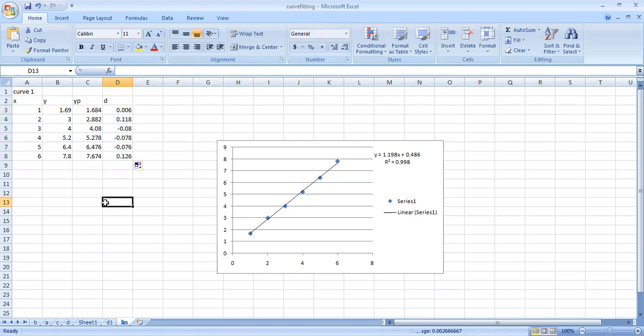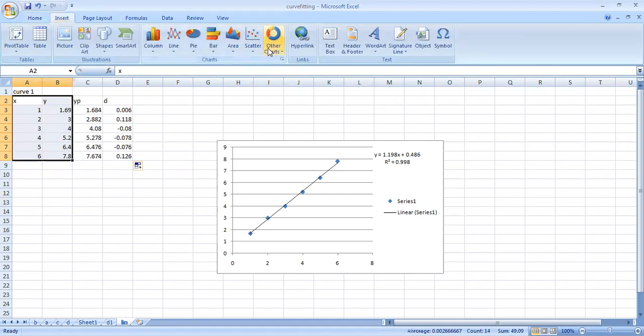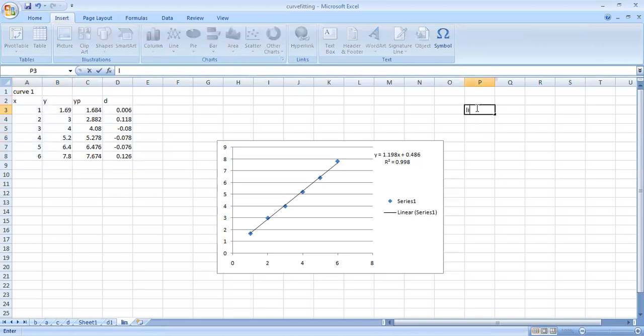That is also not needed. So I just plotted for you the relation to check whether the relation is correct or not. So we got the idea now. Once you put the relation, you go to insert, you go to scatter, and select the required relation. So with linear relation,